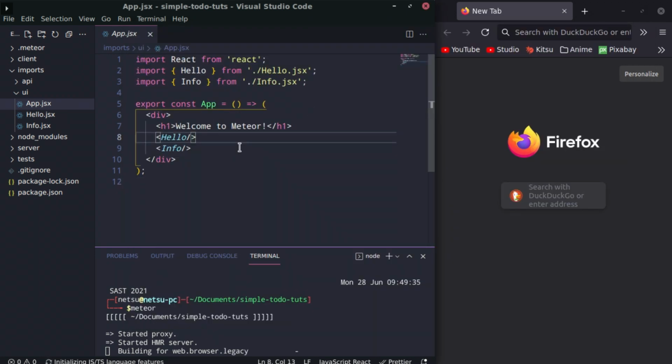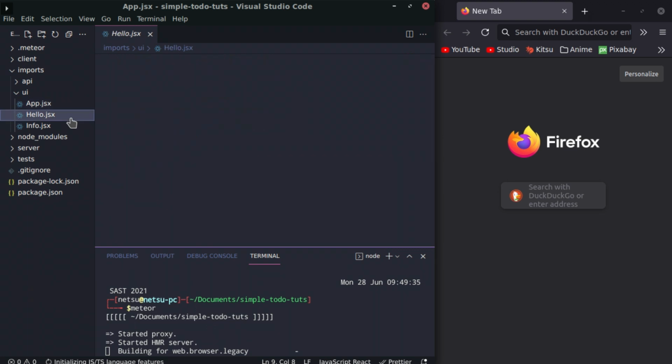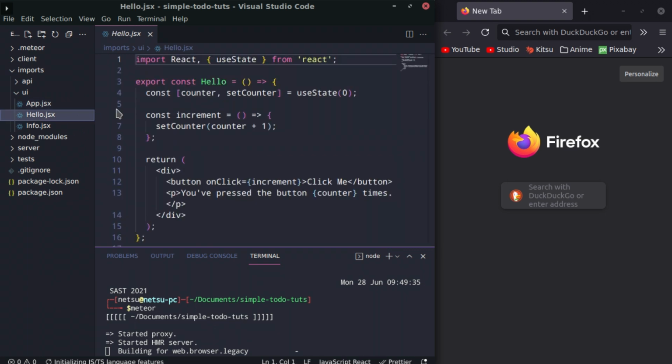So we've already got a basic application built out for us. Here we have a welcome to Meteor, and then we have a hello and an info. We can look through them just to give you an example of what's going on here. So here we have a basic counter, and it increments every time we press this button. And we will see this in action within a second once this right here completes. We also have an info.jsx,